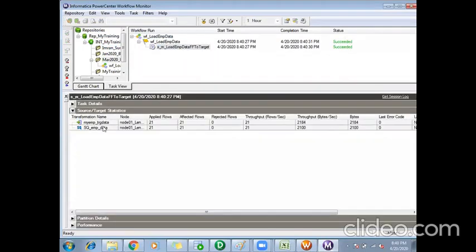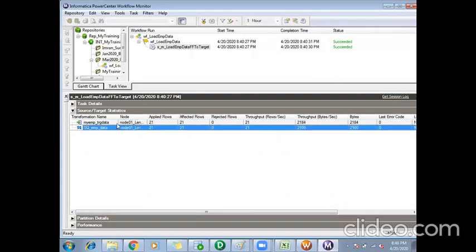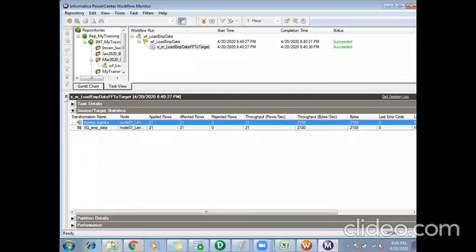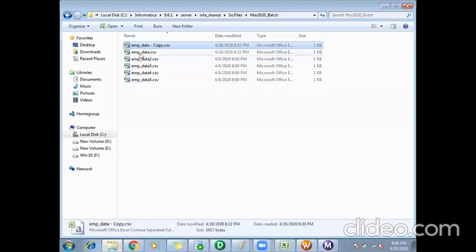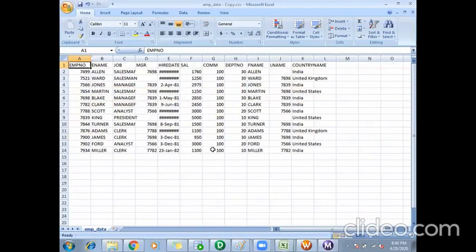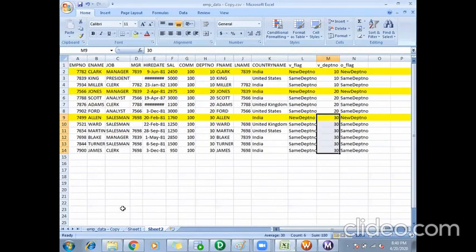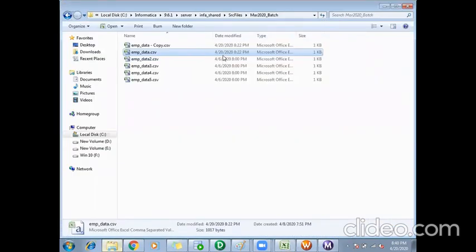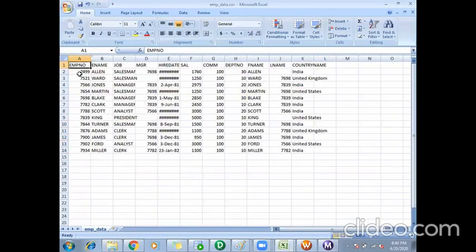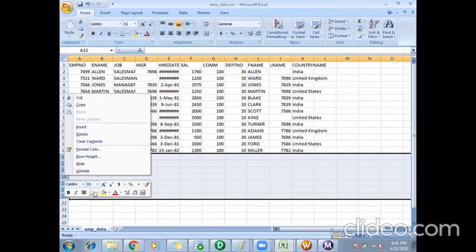Okay, so employee data had 21 records, and all records loaded into my file. Which is the file? March 2020. Okay, I think I didn't delete them.